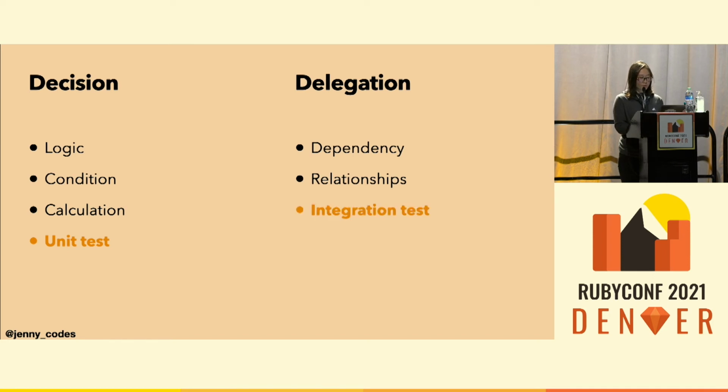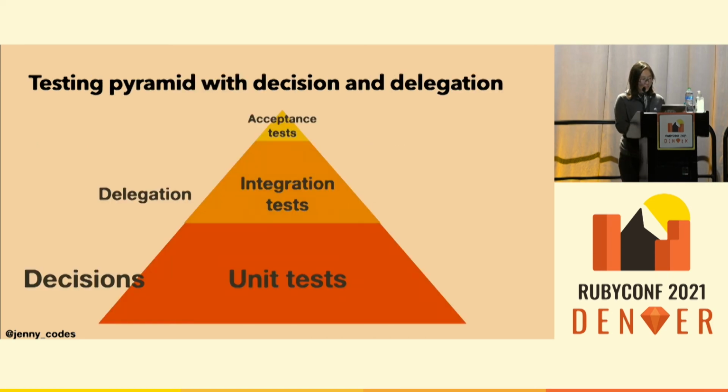And for the components that focus on delegation, like the restaurant service that we just refactored, it fits perfectly with integration tests, because what we want to make sure of is that it can actually put the pieces together. Either way, you don't really need test doubles. So in other words, the best way to not abuse your test doubles is to not use them at all. And it ties back to our testing pyramid. We will naturally have a lot fewer integration tests if we design our system this way.